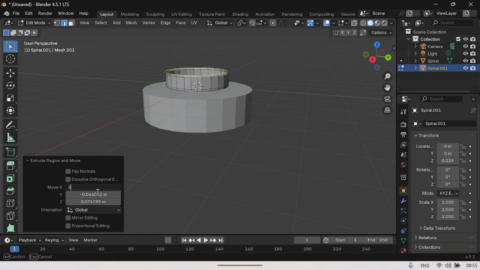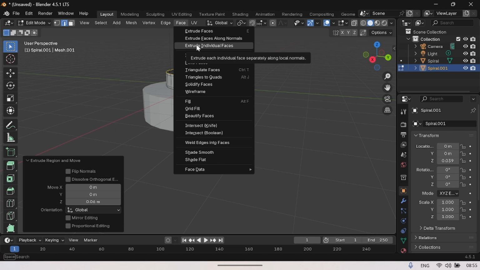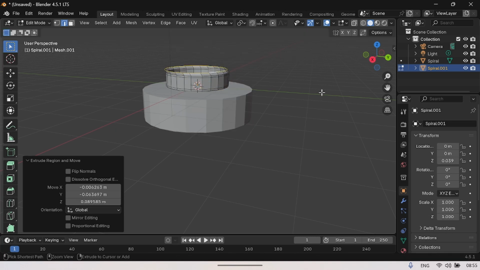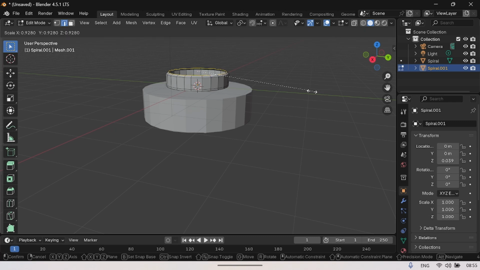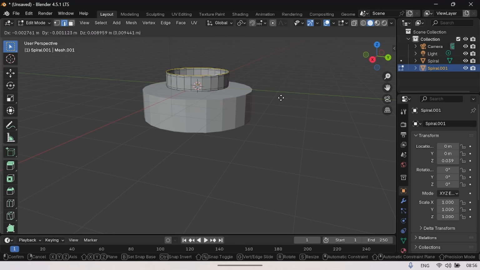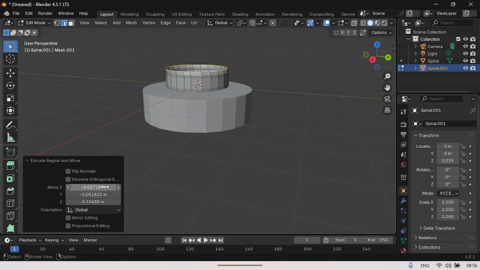Put at 0, 0, and 0.6 like this. And then I'm going to extrude faces, extrude along normals. So I'm going to scale. I'm going to extrude again. Put it at